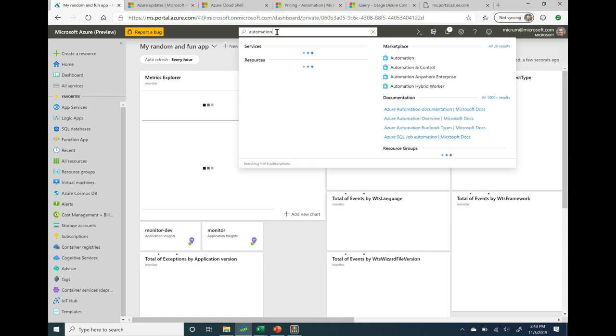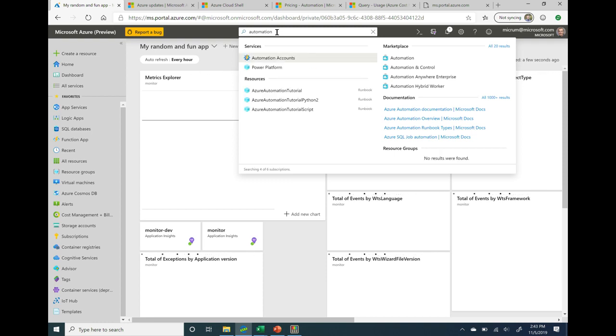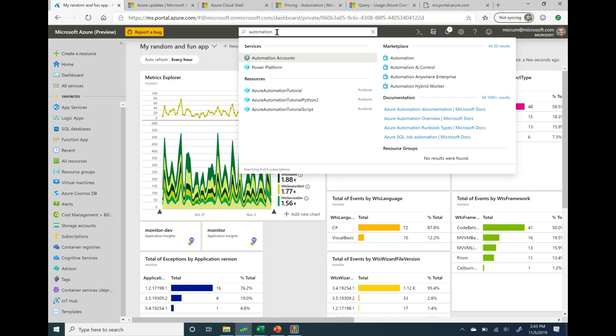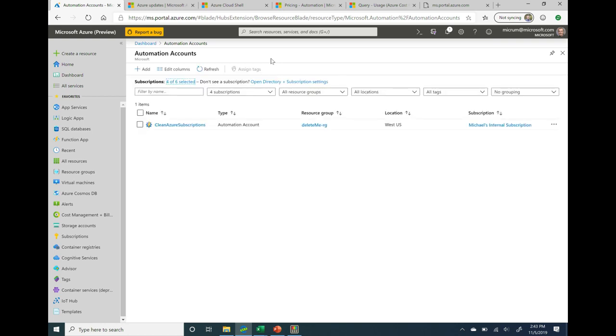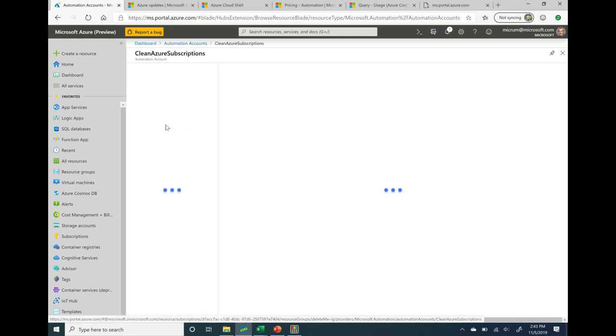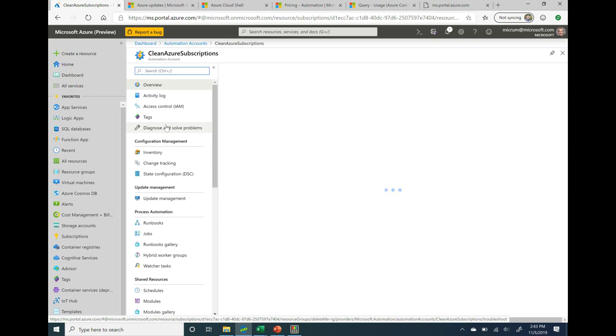So the tool is called Azure Automation, and with Azure Automation, you can do things like manage inventory. You can also do things such as run scripts at a certain time. So some resources that you may have asked another IT group to do, you can completely do with Azure Automation. And so I think I've finally got my account back up. It's taken a while. So here I've created an Azure Automation account, and inside of this, if it finished, there